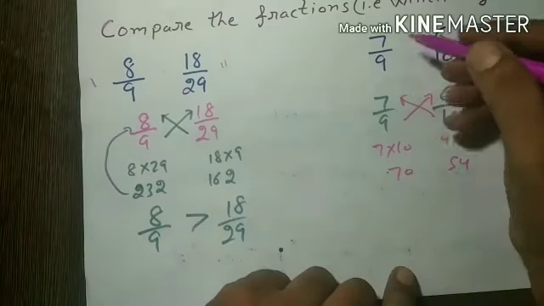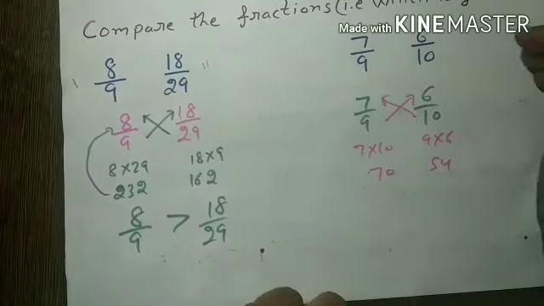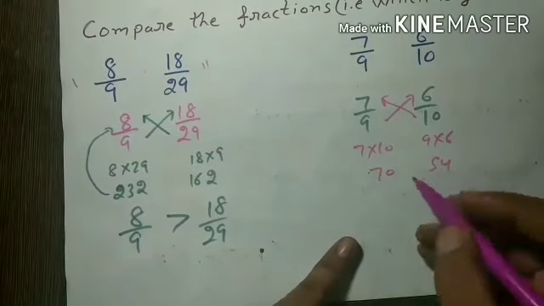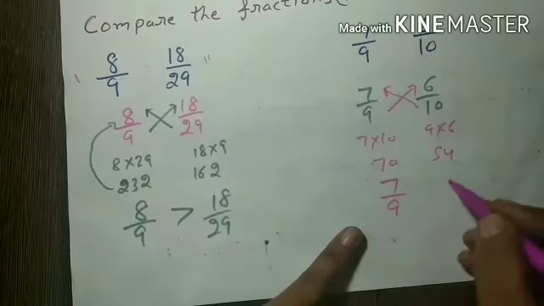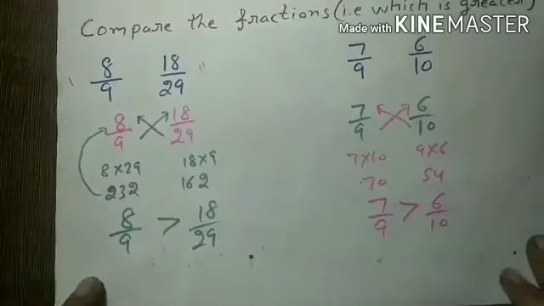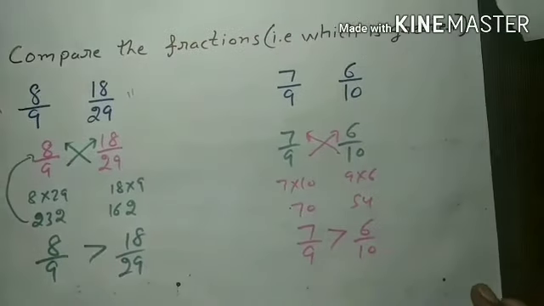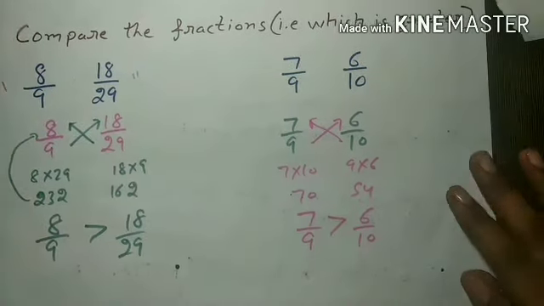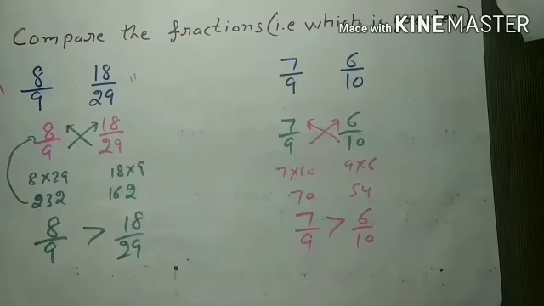So you can see what I have told you, that in that case how you can judge which fraction is greater. Okay, so 7 by 9 and 6 by 10, which one is greater? 7 by 9 is greater. So student, I have explained you the concept of comparison of fraction, that is which is greater. So you can see this complete work, and you can pause that video to understand each concept.